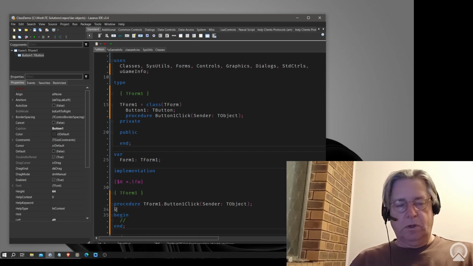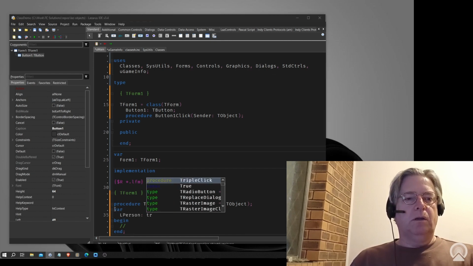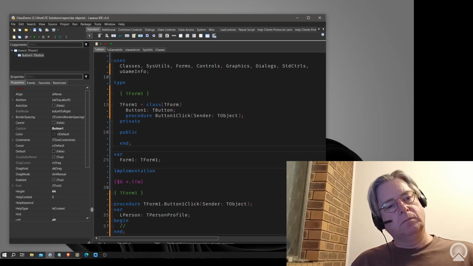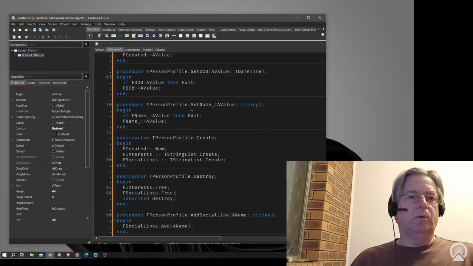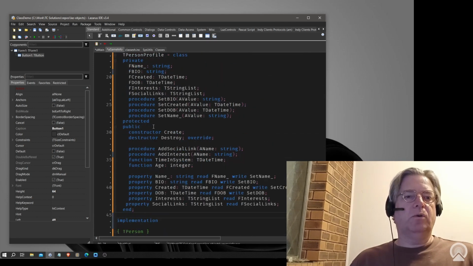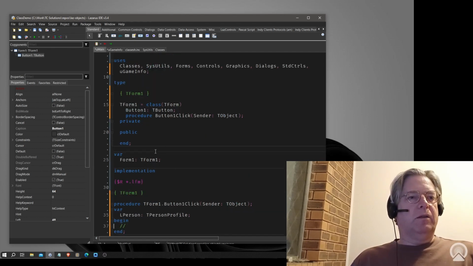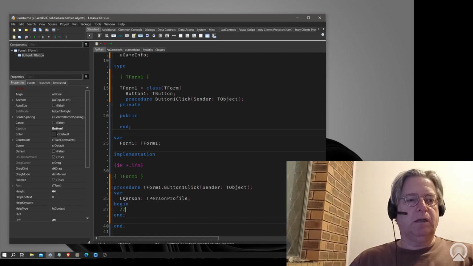And then we could declare an lPerson as a TLPerson profile here. What you can also do is have another constructor where you could pass in a name as well. We won't worry about that for today, but that's another possibility. So what you can do here now is to do something like,